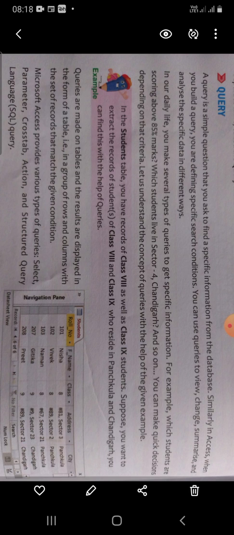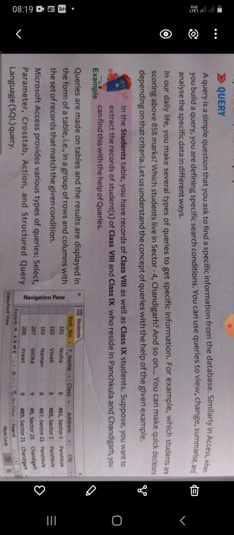For example, in our class, in your section, which students are scoring above 85% marks, or which students live in which area of the city, which students scored less than 30% marks, etc. Or which students go to school by using school transport, etc. And we can make quick decisions depending on the criteria.